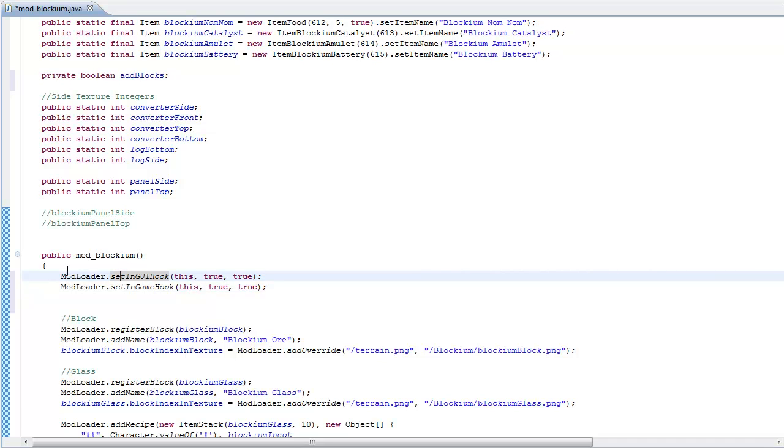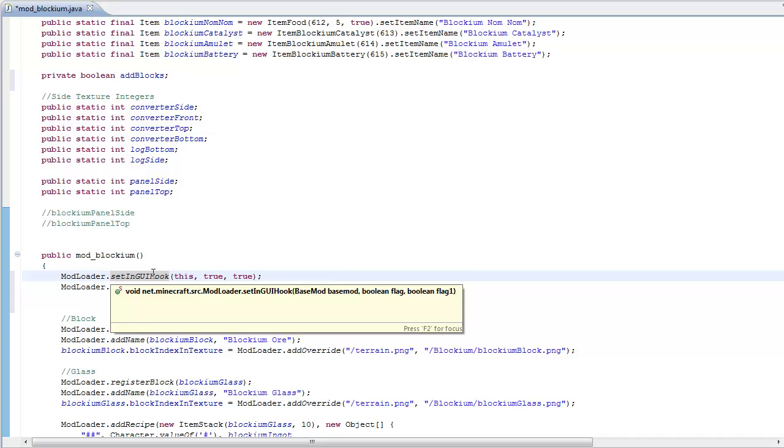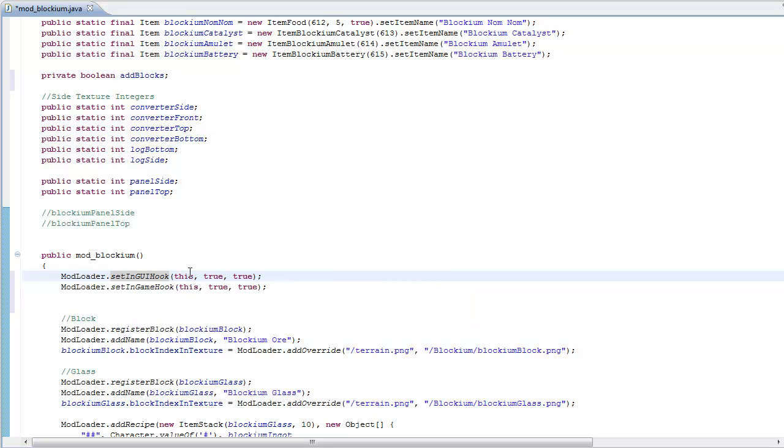So it's ModLoader with a capital L, period, set with a lowercase s, in GUI with capital GUI, hook, open parenthesis this, comma true,